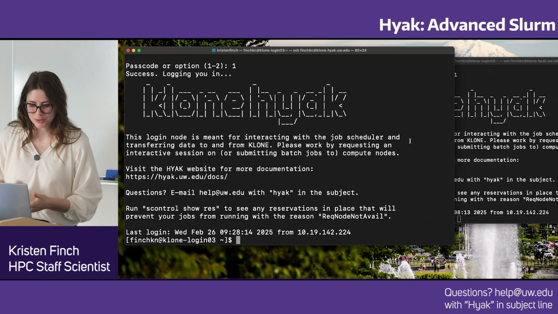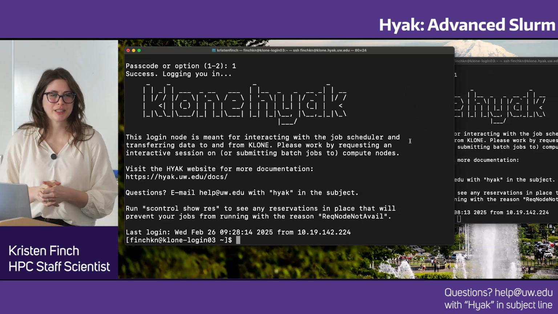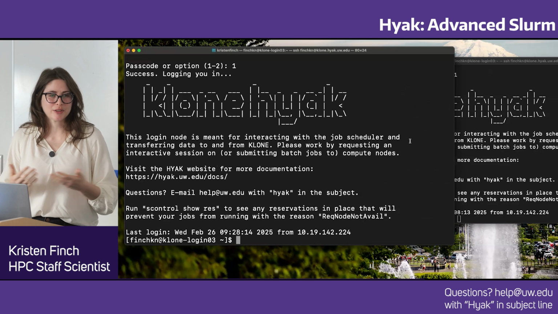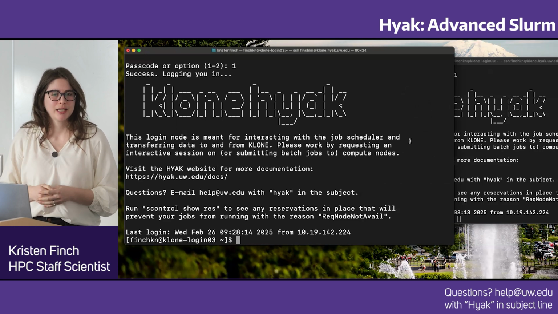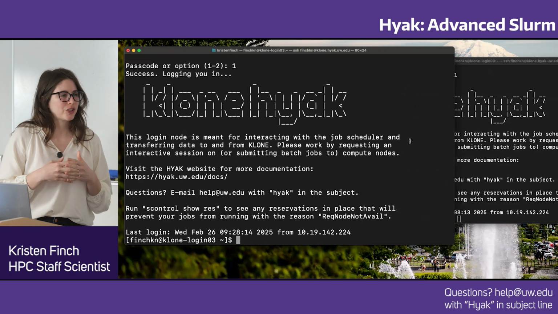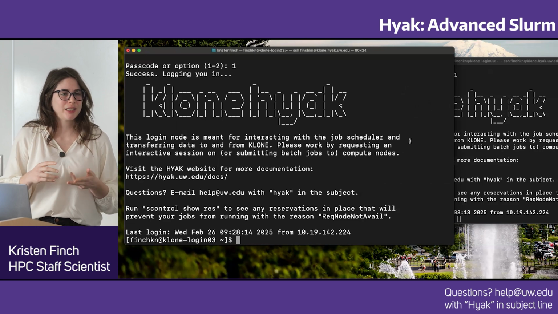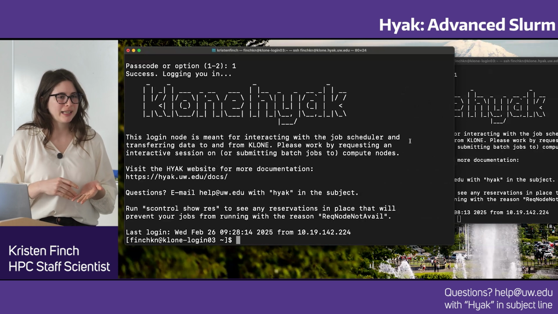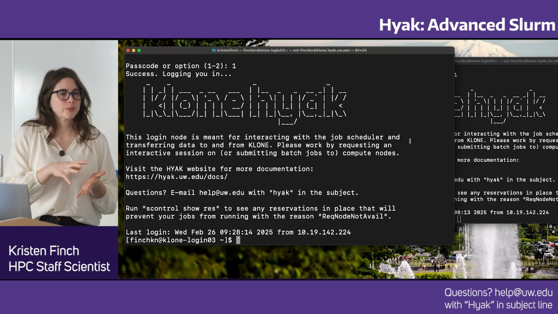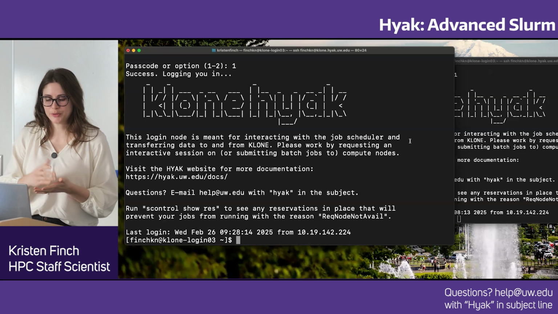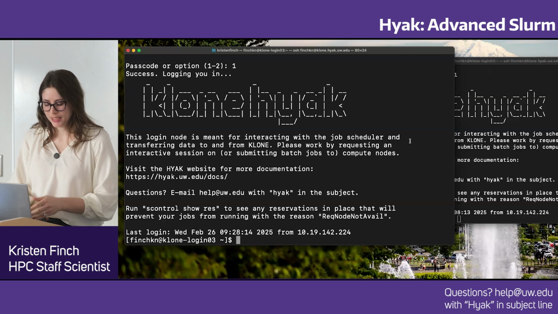So this is an advanced tutorial, as I said, so I won't be spending too much time on the basic stuff, but we are going to be talking about Slurm, which is Hyak's job scheduler. It's a tool that helps us take in user requests, all of the specifications that they want for their job, how many nodes they need, how many CPUs or GPUs they need, how long they need that, and then in that system is where you'll execute the command that you're trying to do for that job. And so the first stop for anything with Slurm is always to use hyakalloc,